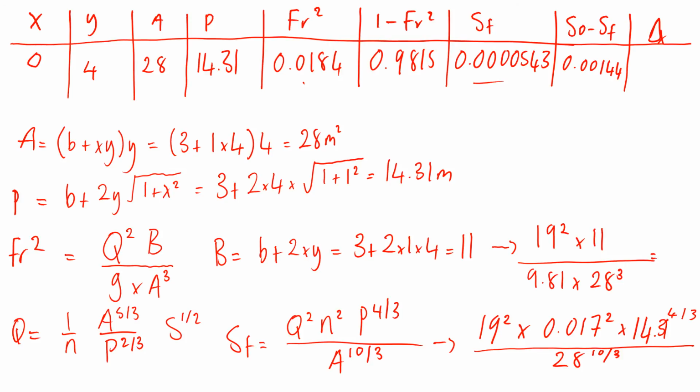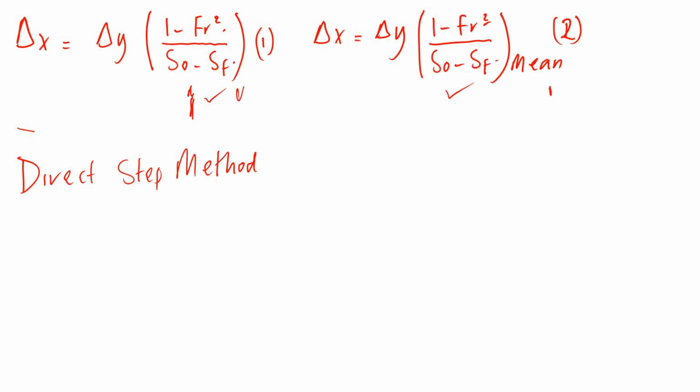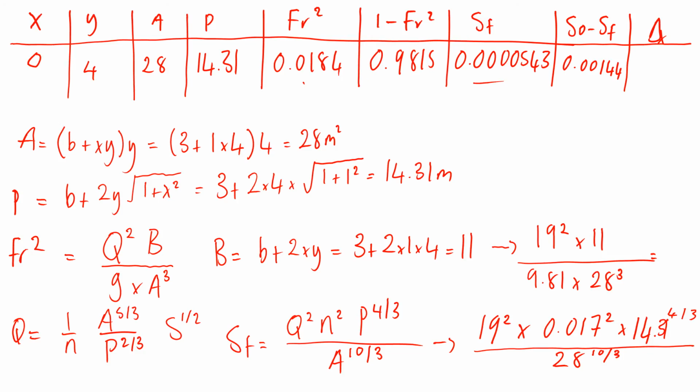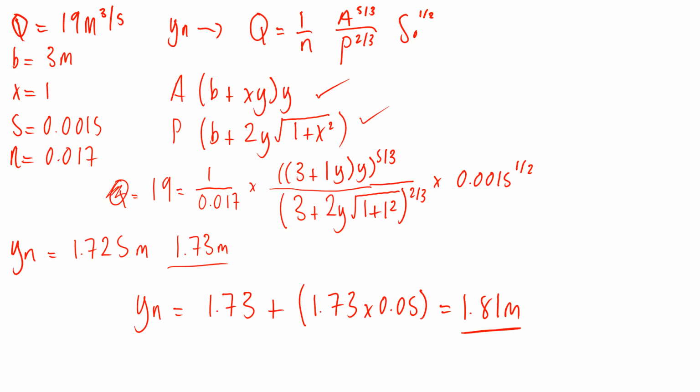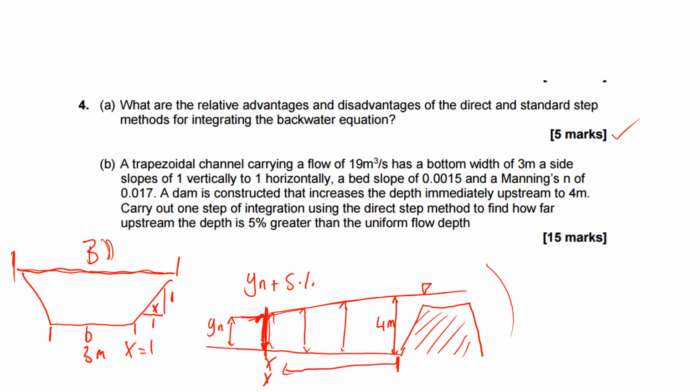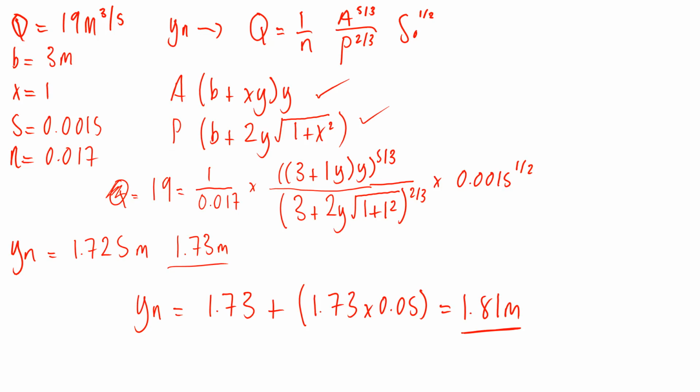So we're going to use this equation first. So delta x equals delta y. What is delta y? So the question said from 4 meters to 1.81. So the change in height is 4 minus 1.81. So that's delta y. So delta y, 4 minus 1.81 equals 2.19 meters. So delta x equals to